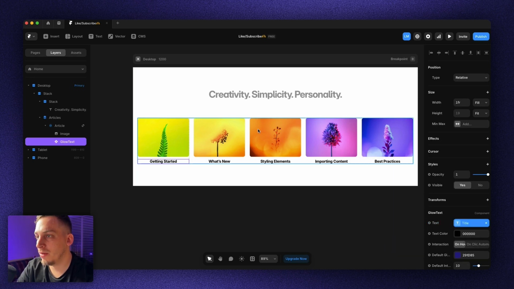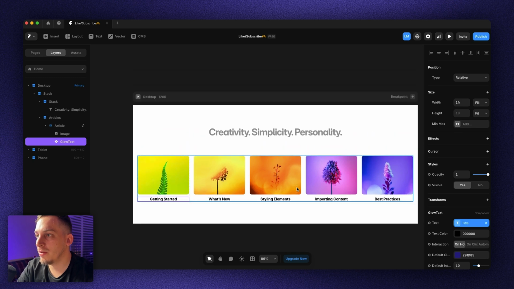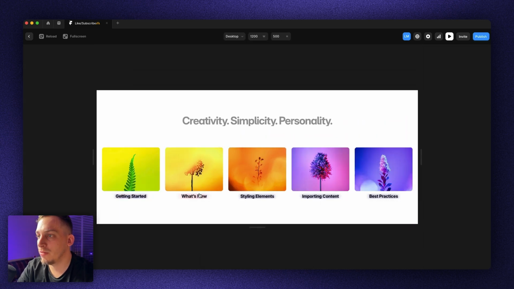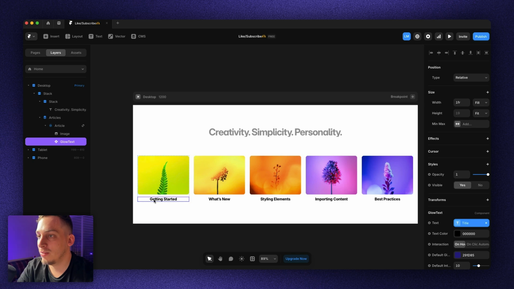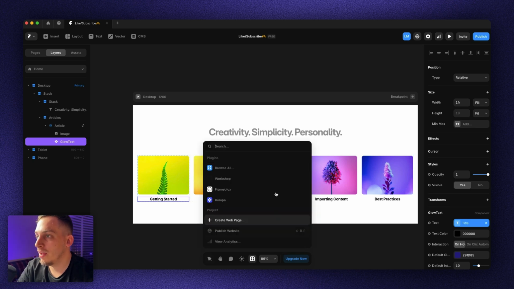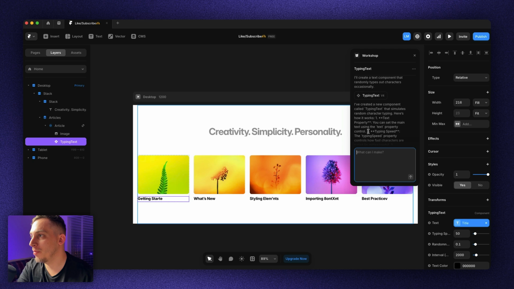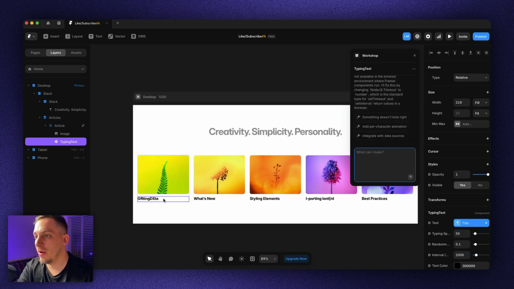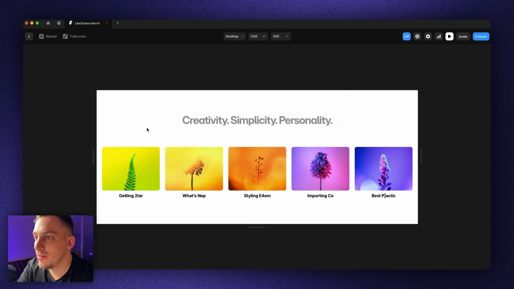So let's link it to the title. For example, here you can see that we have all of these different titles that are linked to this specific CMS, right? And again, I'm not a big fan of the effects, but we can go ahead and reiterate that. So I just, by clicking on this and going to the workshop, for example, I added this random text generator. So we have the title, but now it's just randomly generating different types of text, right? But this is just a quick example of how you can use this workshop and integrate it with stuff like CMS